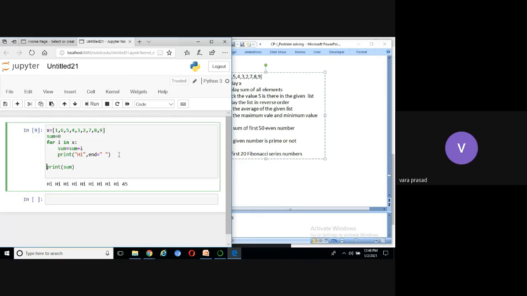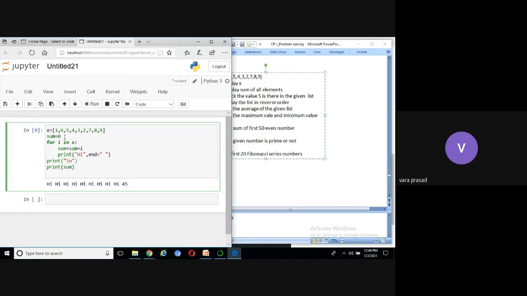Now we can see here, print, double quotes backslash n. We run this code. Now, how many lines belong to the for loop? 2 lines. What are the lines? Sum and print. These 2 lines do not belong to the for loop.